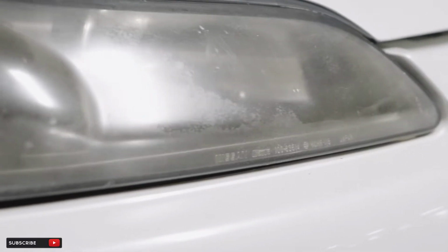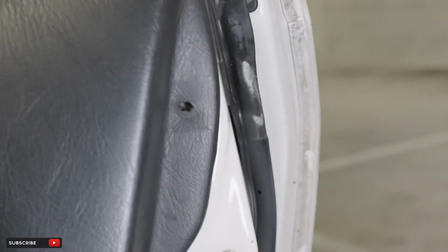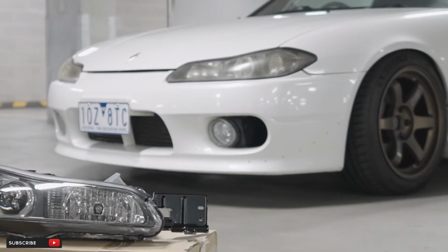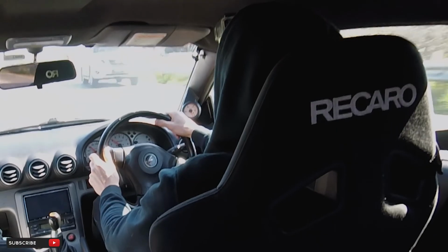So, what is the game plan? Well, I'm going to be tackling a list of different tasks in order to bring back that glow it once had. Almost everything I'll be attempting to do to this car will be a first time for me, but I've been given free rein to attempt to fix what I can regardless of the outcome. So, stay tuned for future uploads and wish me luck that I don't completely mess this